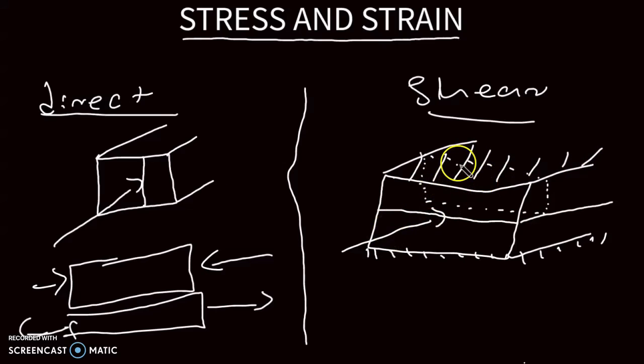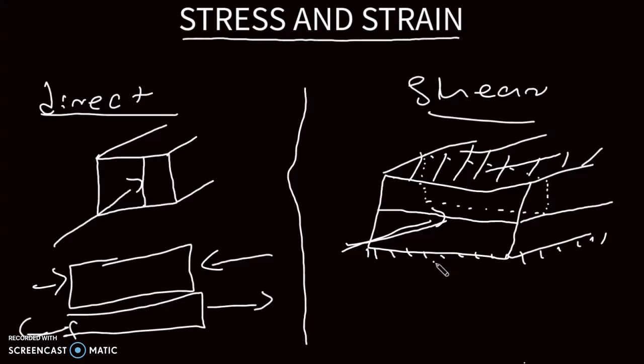And we can see that this cross-sectional area is parallel to the force that is applied, since this is the cross-sectional area and the force is also applied in that direction. They are parallel to each other. Therefore, that we are going to say is the shear stress. The characteristic of the shear stress is we are going to see an object shearing at some position, meaning they are going to separate. And that area where they separated, that is the area that we are dealing with. That area should be parallel to the force that is applied